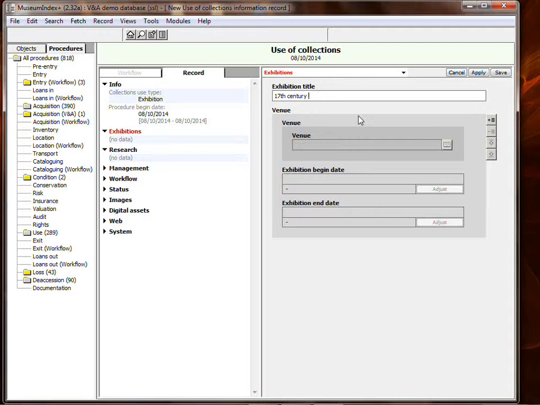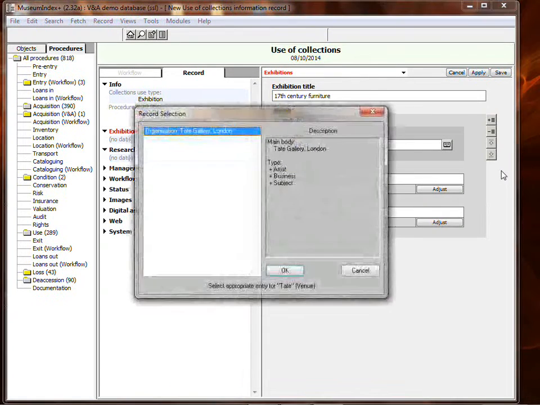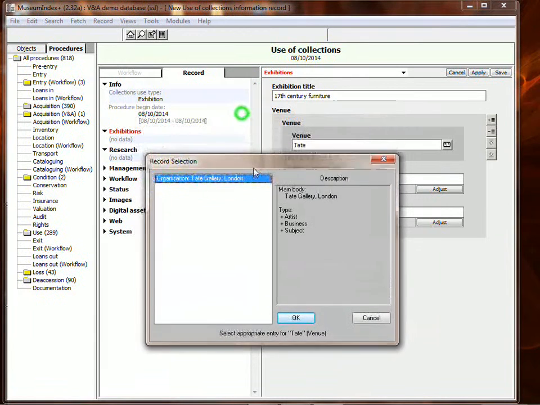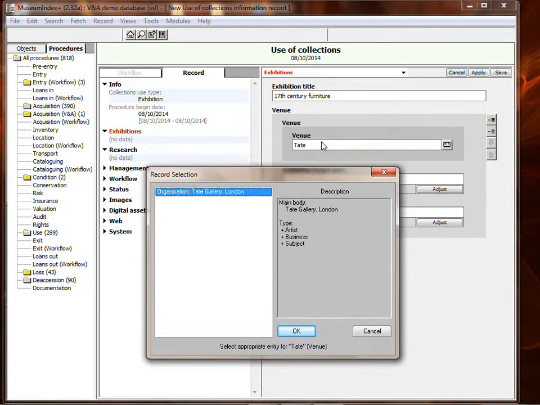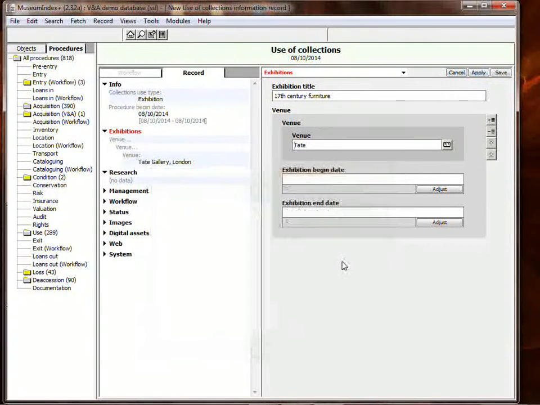Actually, let's make it more general purpose. That will have 17th century furniture. And the venue, let's suppose we're exhibiting at the Tate Gallery in London. As we've seen before, this field is controlled by the organisation authorities, so we have an authority record already for the Tate Gallery. So we just link to that,